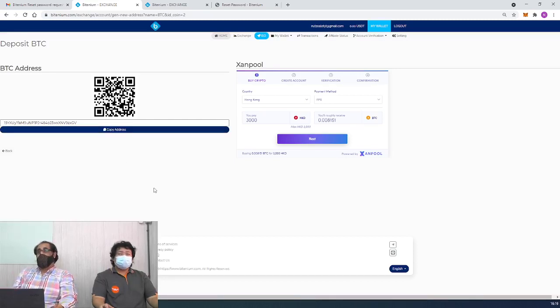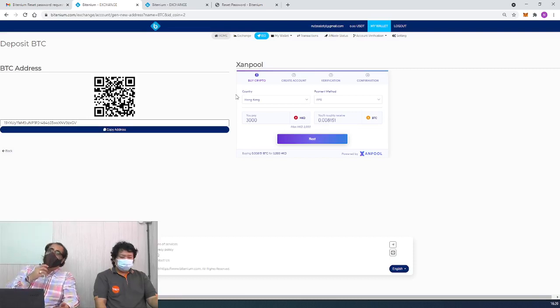Okay, so this is the procedure for the wallet part and KYC part. What else is left? The sign up, sign in, and QR code are done one time only, not on a regular basis. Once it's done, you don't need to do it every time, just like when you open an account with another exchange.